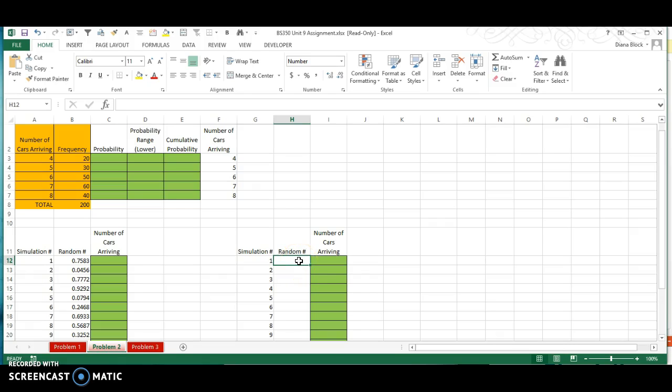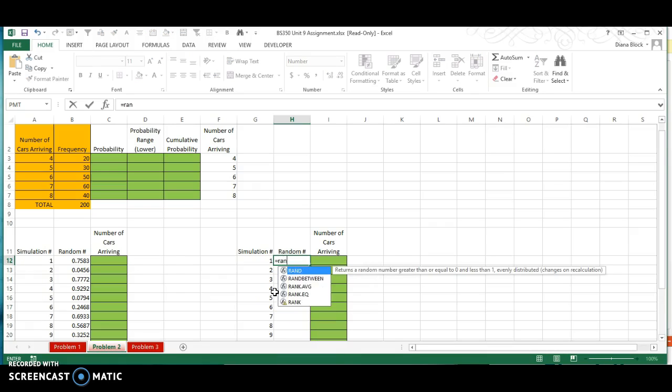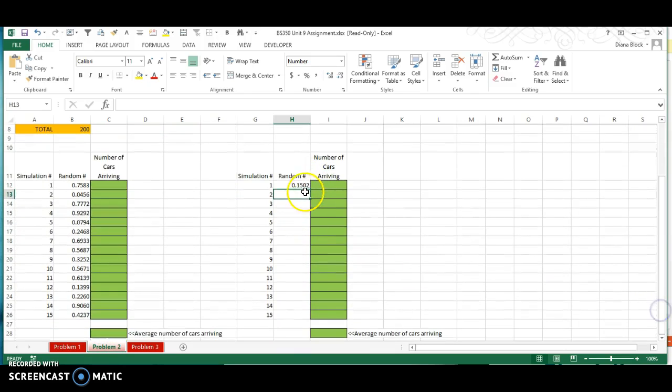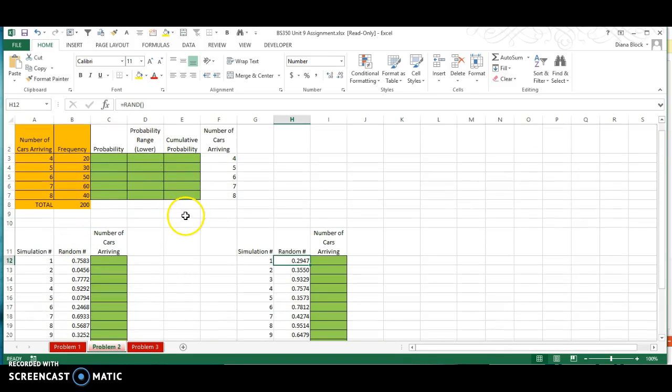And again, this is all covered in the text. So my video is just telling you where to lay things out. You still have to go through the text to find out how to do a random number. But I'm just going to tell you, you type equals RAND, and then you'll get a random number. And you'll do that all the way down for this side. You're going to come up with your own random numbers all the way down. Yours won't be the same as mine because it's random, remember? And then you'll do the same thing. You're going to do a VLOOKUP to find this random number up in the table